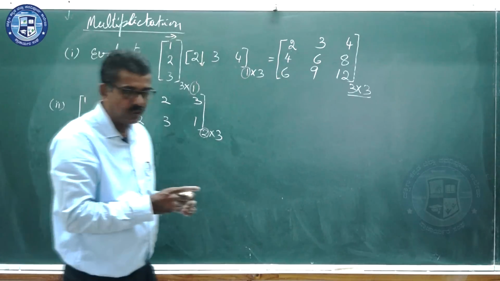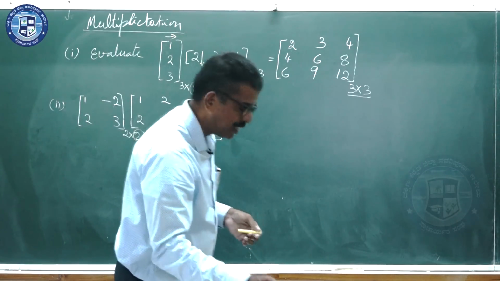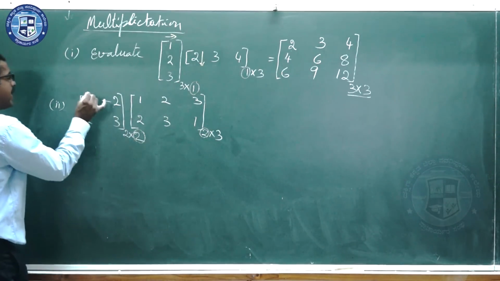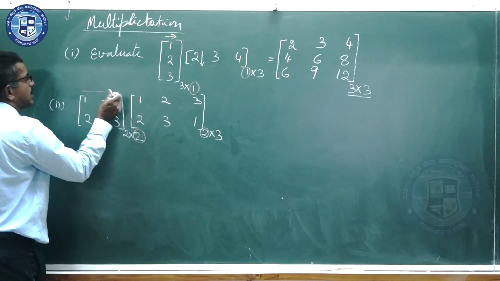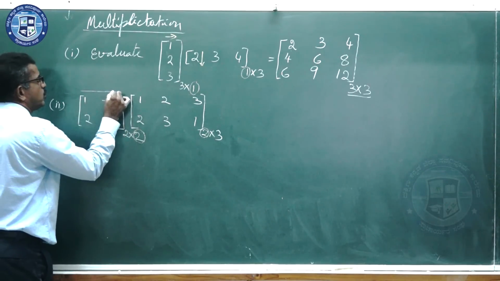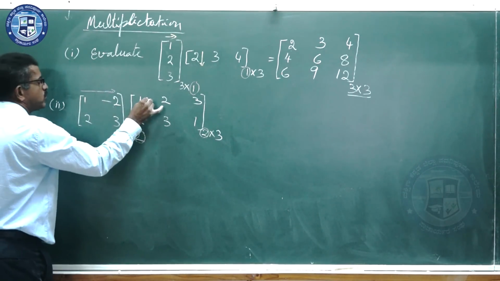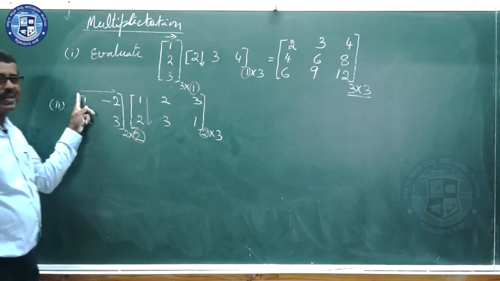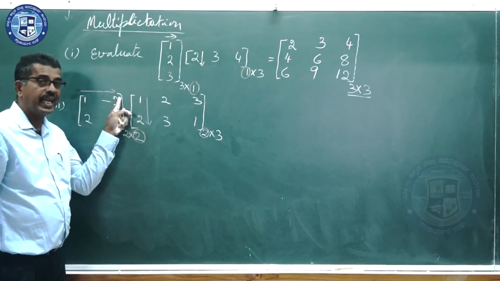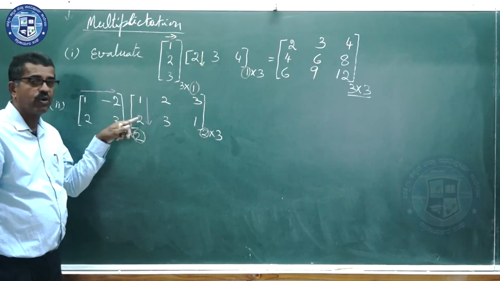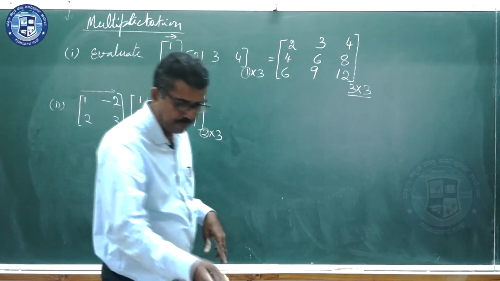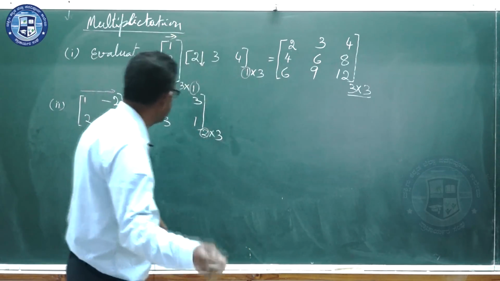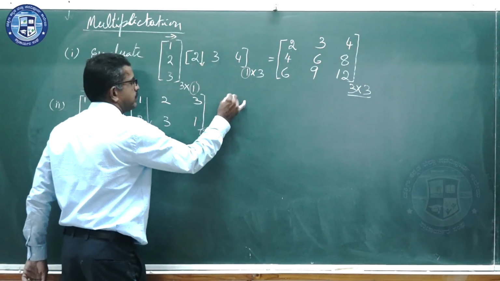In order to multiply two matrices, you need to take the rows of the first matrix. Therefore, just let me write the notation row-wise here for the first matrix and columns for the second matrix. We need to multiply the elements of rows of the first matrix element-wise with the elements of columns of the second matrix. What would be the very first element?